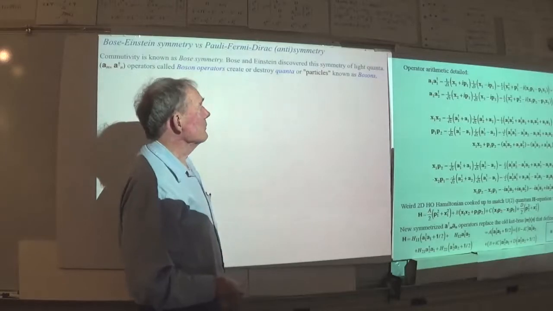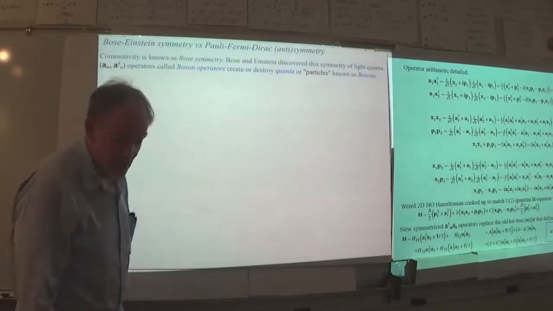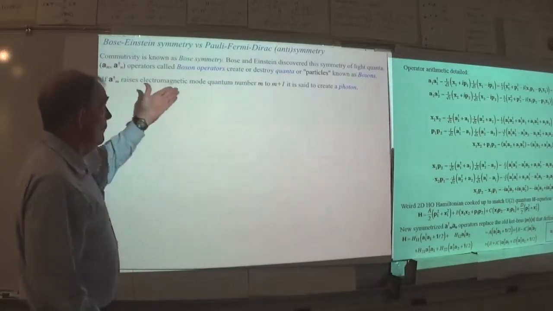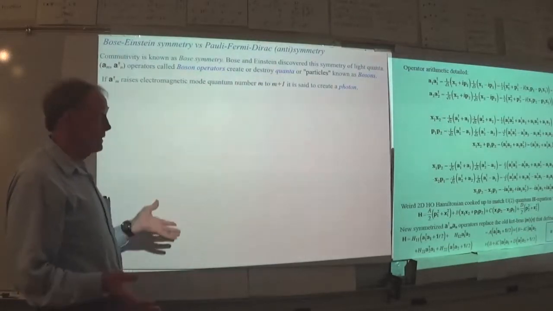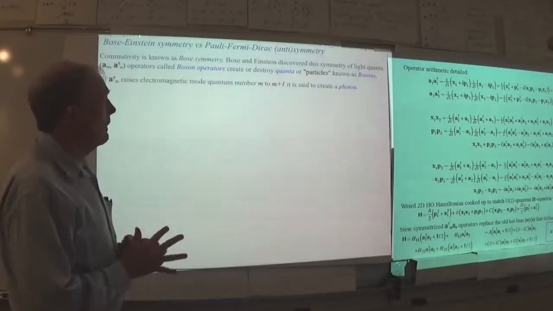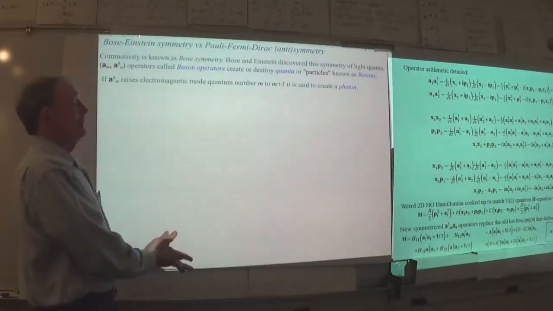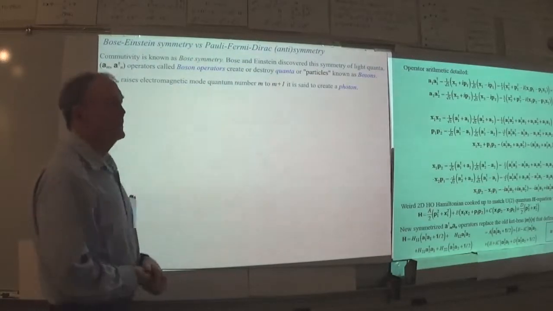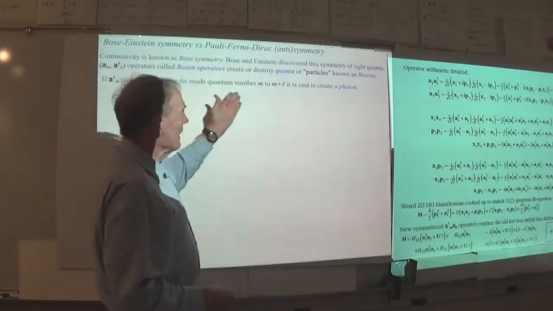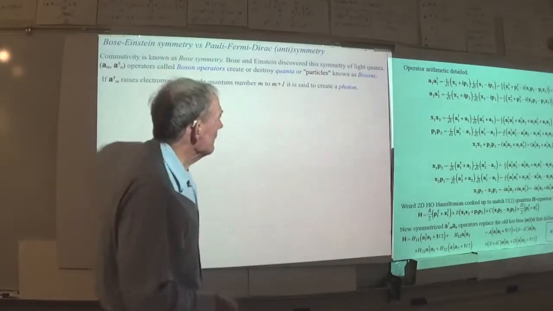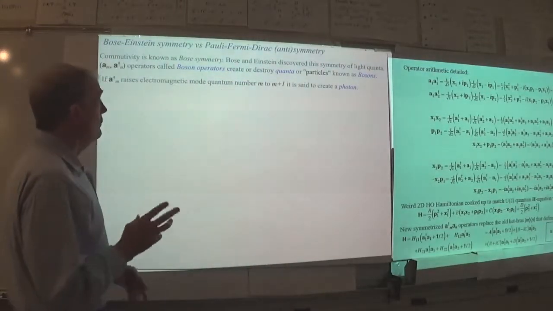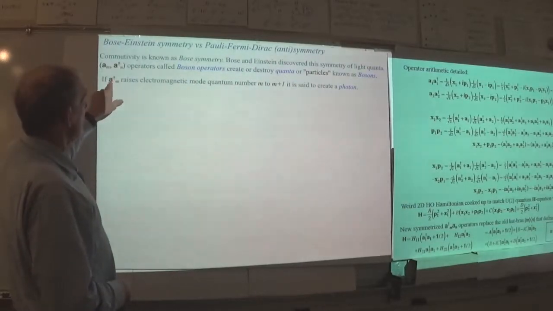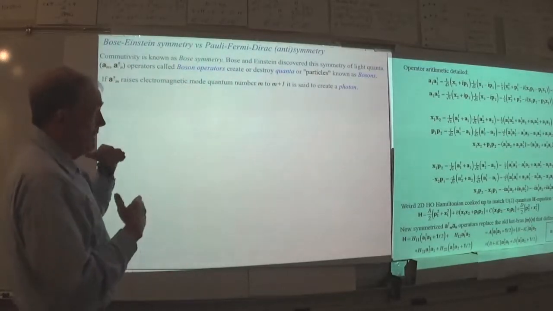Create or destroy quanta or particles known as bosons. And they have lots of different names to go with it. The one that I hold up right away, of course, is electromagnetism, the Maxwell oscillator, the wonderful thing that we call "let there be light." Then we've got this name for what you're doing when you change the quantum number of the oscillator for what are called